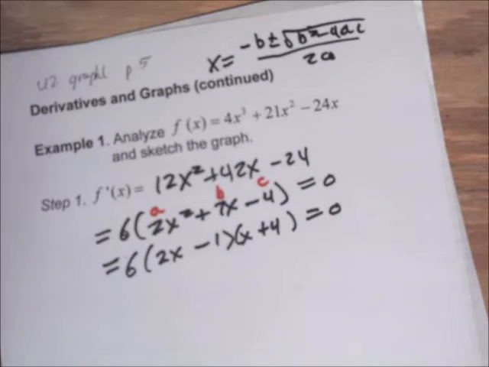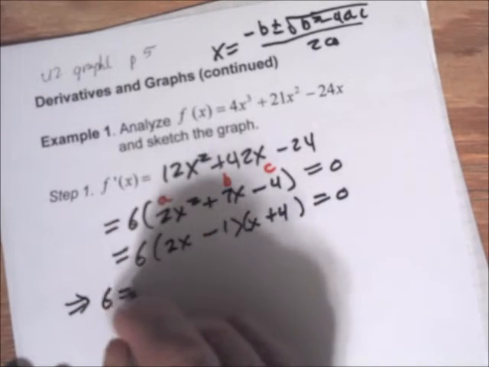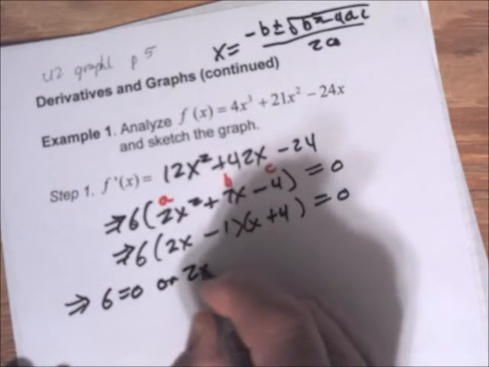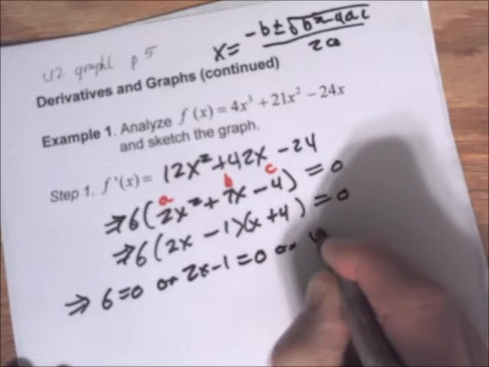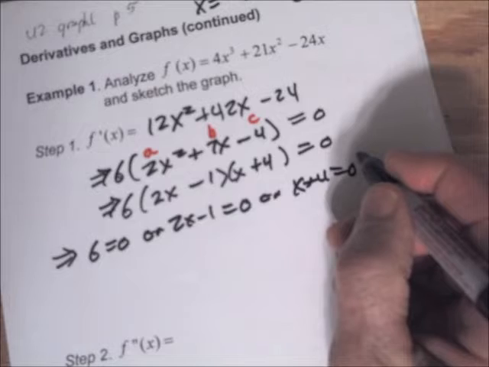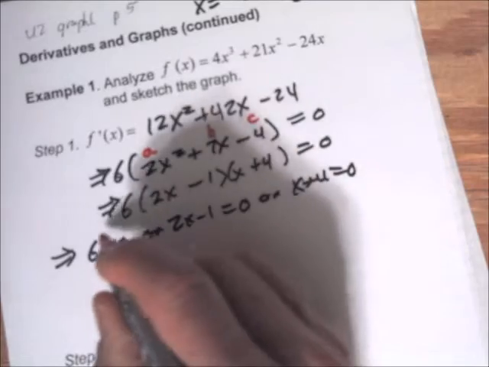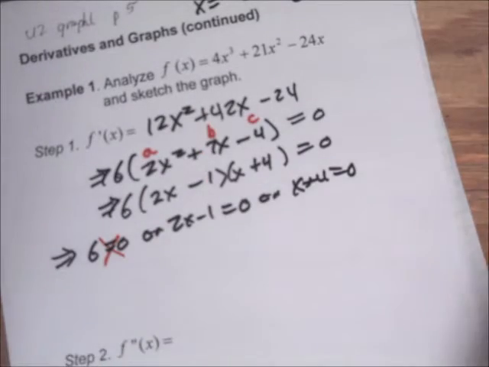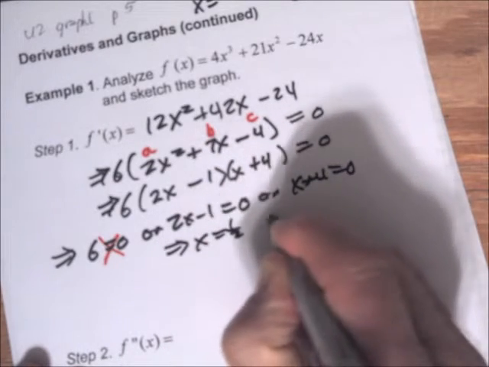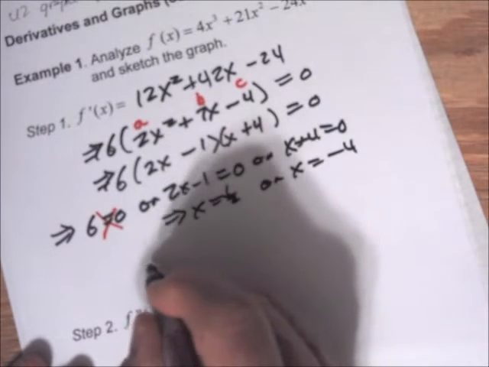Okay, so use the zero product rule. So either 6 is equal to 0, or 2x minus 1 equals 0, or x plus 4 equals 0. And 6 is not 0, so you'll have two solutions. Add 1, divide by 2, you get x equals 1/2, or x equals negative 4. So at 1/2,